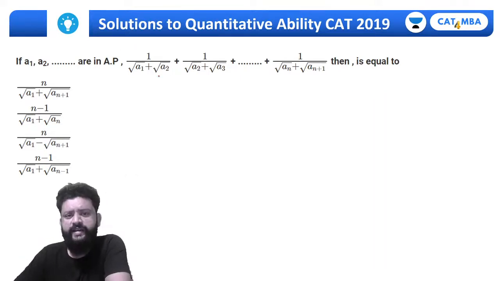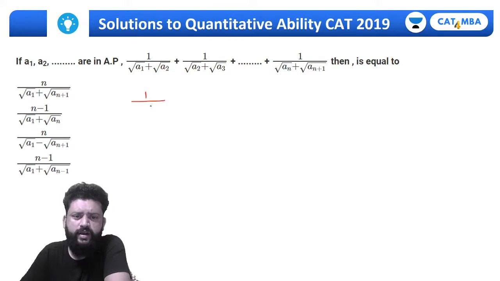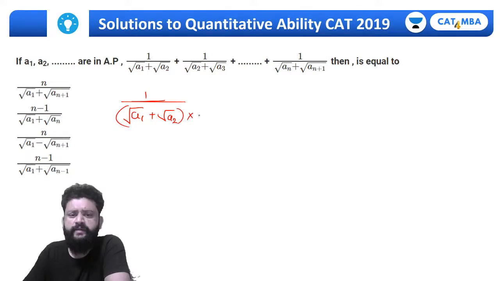What exactly are we supposed to do? If I rationalize this thing, rationalize means if I multiply the numerator and denominator, this is 1 upon root a1 plus root a2. That's quite obvious. We do not write a root in the denominator, so we rationalize this by multiplying by under root of a2 minus under root of a1. We don't know if it is increasing or decreasing, so I'll just write it as a1 and a2. Whatever the difference, it will be under root of a1 minus